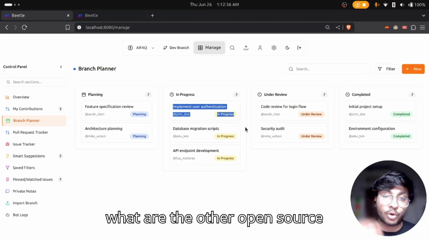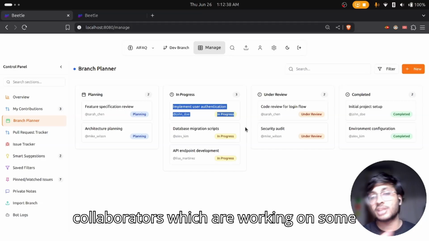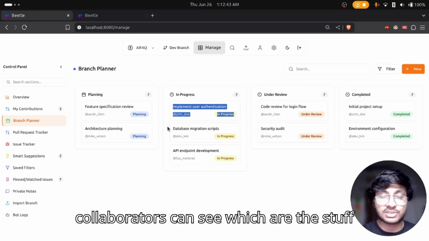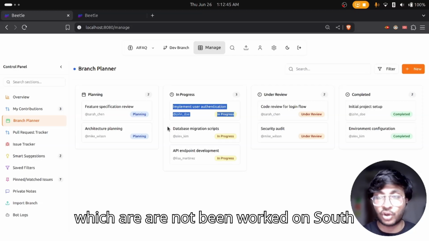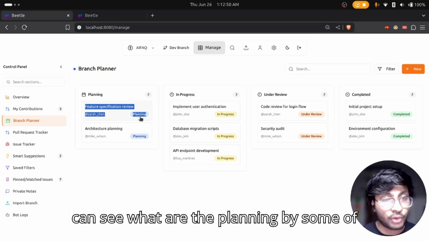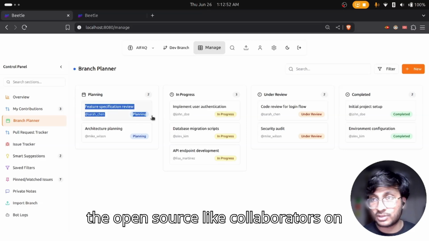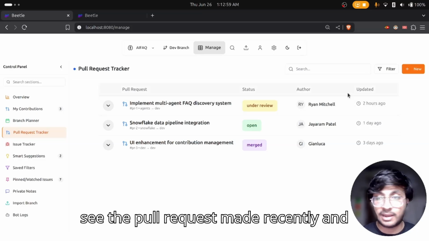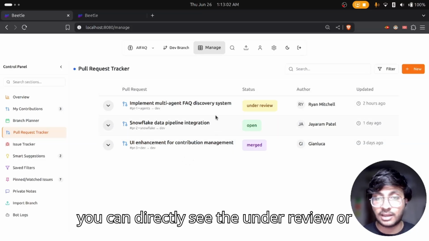so that the maintainer knows what other open source collaborators are working on some of the issues, and the other collaborators can see which issues are not being worked on, so they can work on those. Also, you can see what is being planned by some of the open source collaborators on your open source project. You can see the pull requests made recently, and you can directly see whether they are under review,